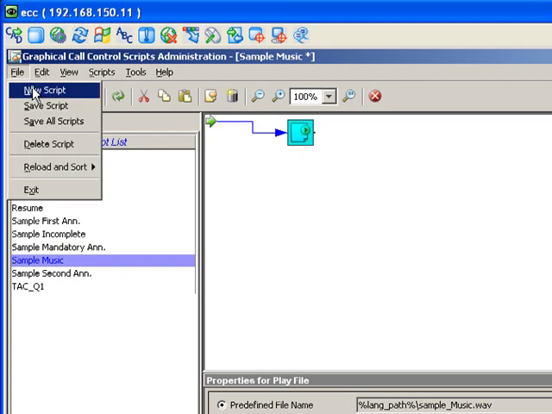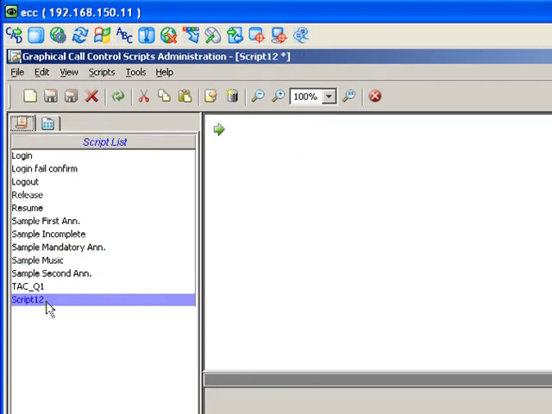and I'll just say new script. It comes up, it's the 12th script. I'm going to change the name of it to, let's say, tech. I try to give things useful names, so this is Q2. Now this file